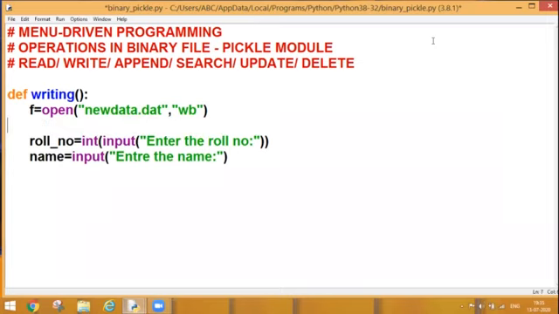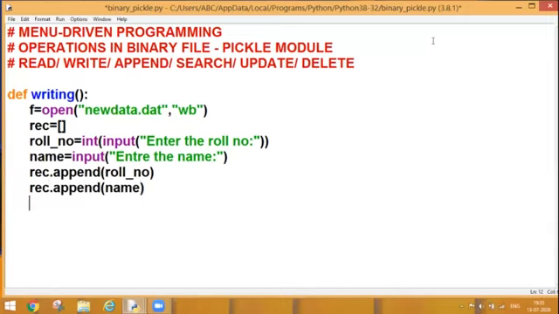But how to write two variables together into my file? For that, either I need to pass my write statement twice, or there is one more way: I can create a sequence in the form of a list. So I can create one empty list and later add the roll number in that, and add my name also in that. This is the way for adding the data into the list. The append function is straightforward for the list. Now my next step is finished.